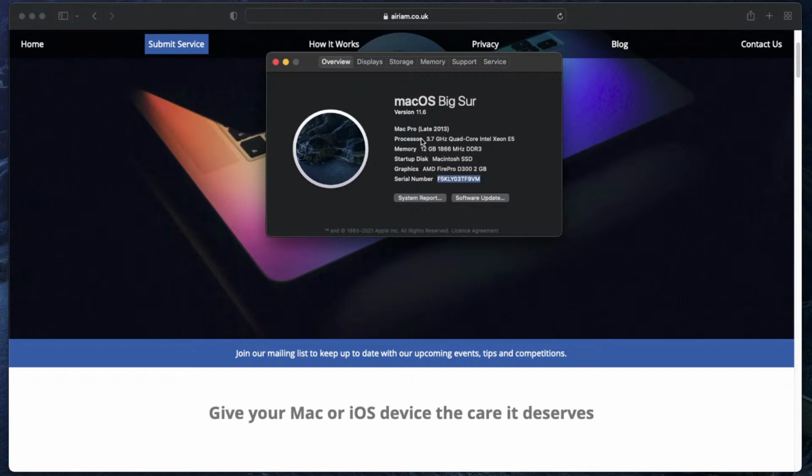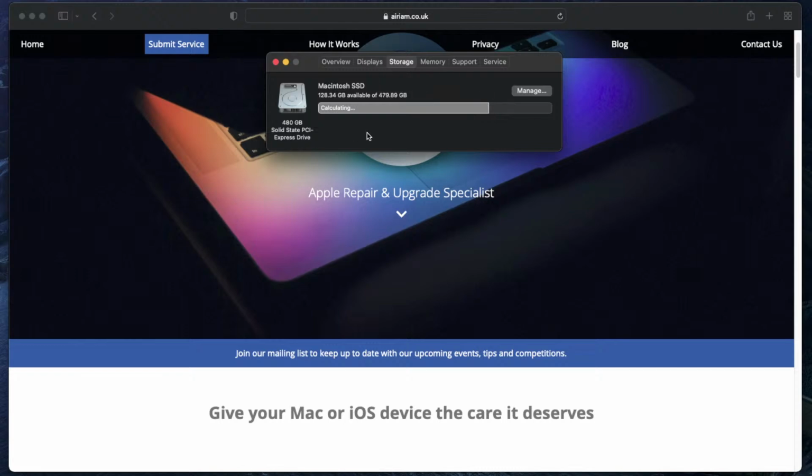Now, you'll also get a few other important bits of information in here, so things like the processor and the memory. But really, generally, you won't need to know about those things. Another good thing along the top here is storage. Now, moving over to the storage tab, it gives us the size and type of the actual drive that we're using, how full it is,